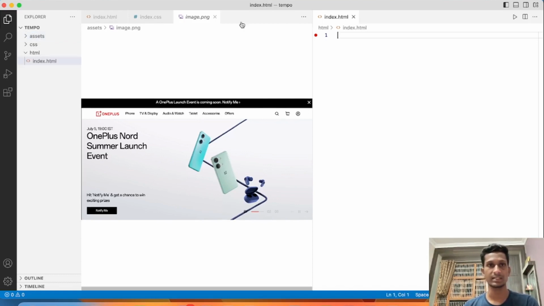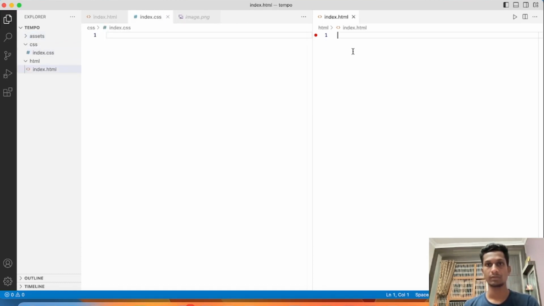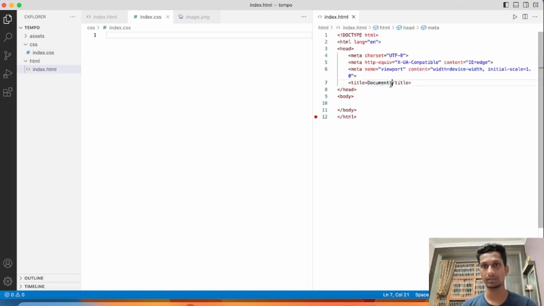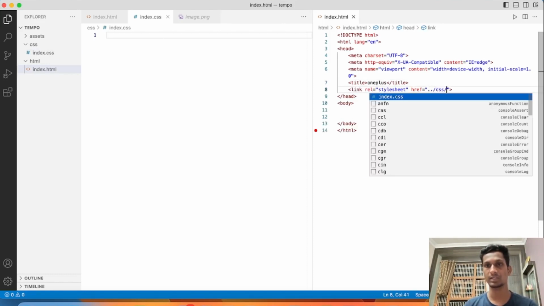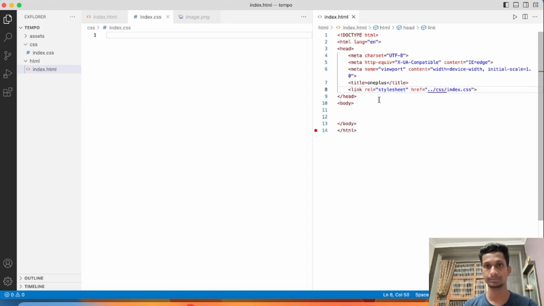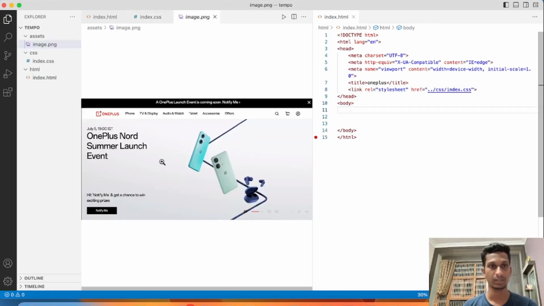In the CSS and HTML documents, first of all I am writing the HTML document. You can write here, this is a predefined document. Here you can observe the title; I am naming it Oneplus. We are using external CSS, so just link the CSS to the HTML. In the body, as we are seeing the original image, that is this one, you can observe